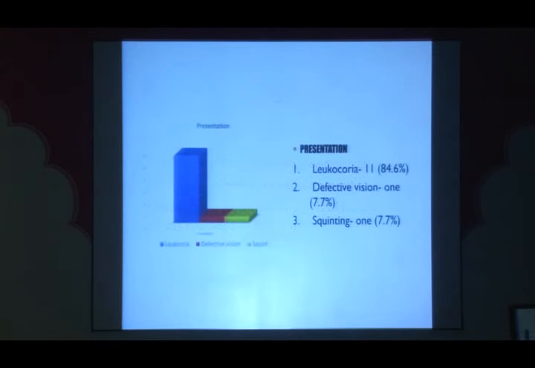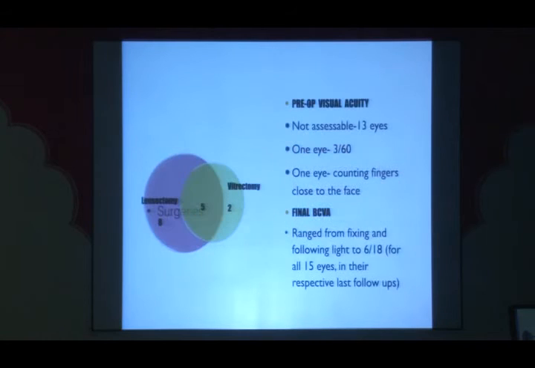About 84% of the people presented with leukocoria. The defective vision presentation was around 7%, and squinting was around 7%. So 8 eyes underwent surgery, only lensectomy and anterior surgery, whereas combined surgery was needed in 5%, and posterior lens sparing was done in 2% of the eyes in this study. The final visual outcome ranged from 6/18 to PL, depending upon the